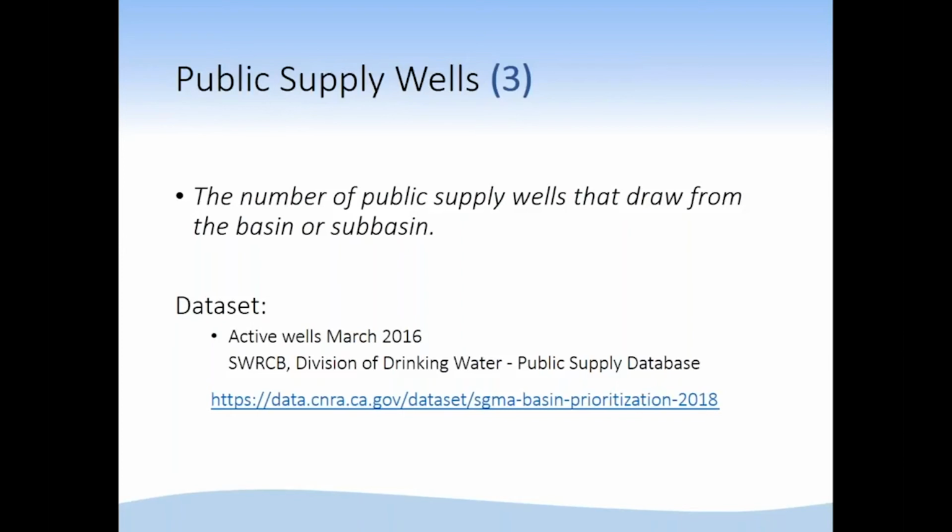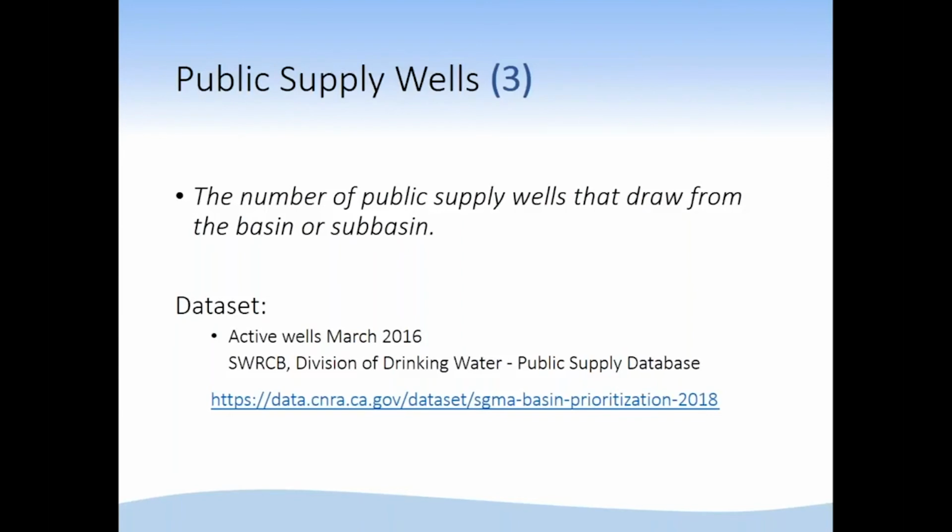They provided us with their data, and it's roughly about 17,000 different public supply wells throughout the state. By the time we were done, with what was in groundwater basins, that number was roughly about 11,000 wells scattered throughout the 517 basins.